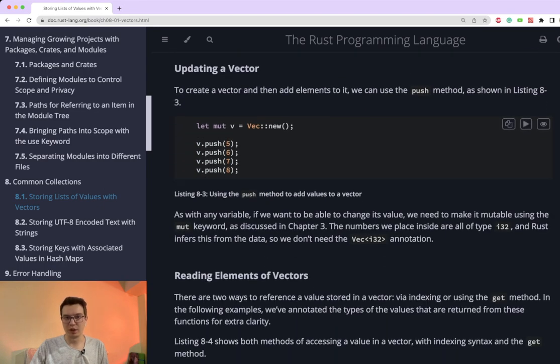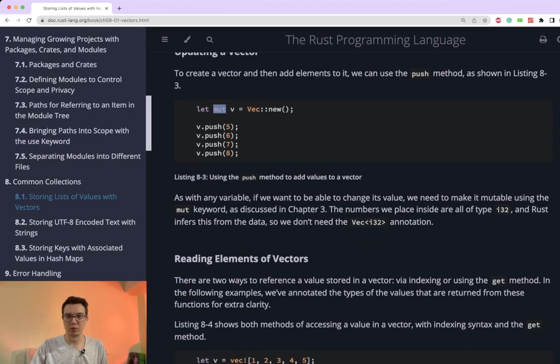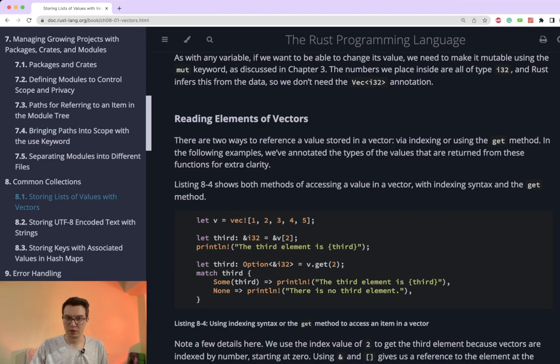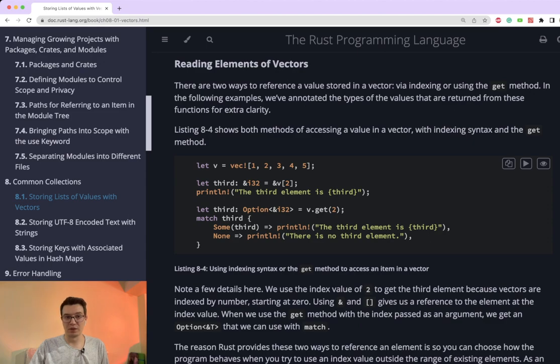We can push data for mutable vectors. There is an unsafe way to access the index, and I think we can still use it in case of, for example, iteration over